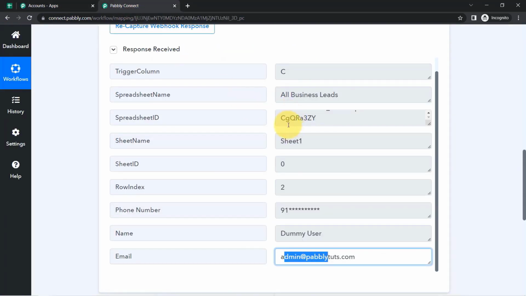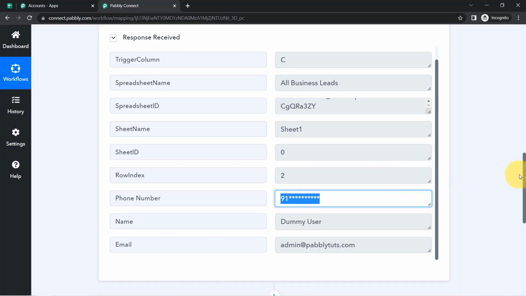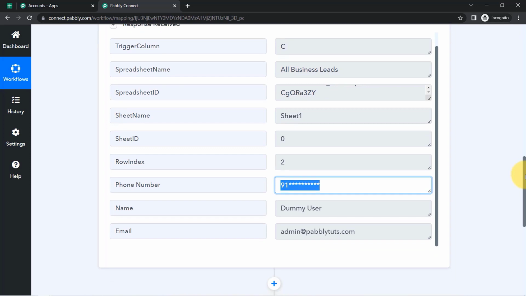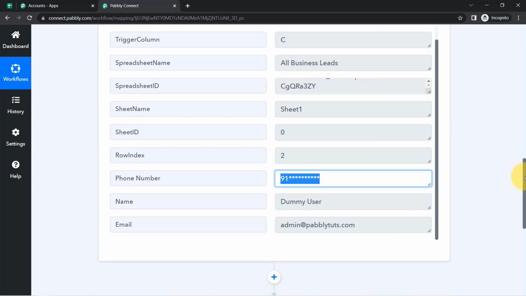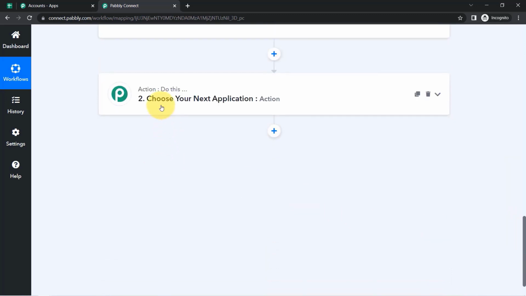Now we want to send the WhatsApp message to this particular person. Well, I have used this dummy number, but while sending the actual message, I will show you what exactly you will have to do. But for now, I will move further with this particular section only, alright? Now I want to compose a WhatsApp message along with a call to action button. Yes, I'll be telling you how you can actually send a WhatsApp message along with the call to action